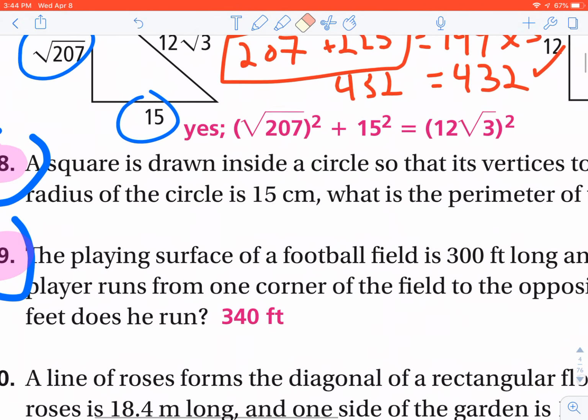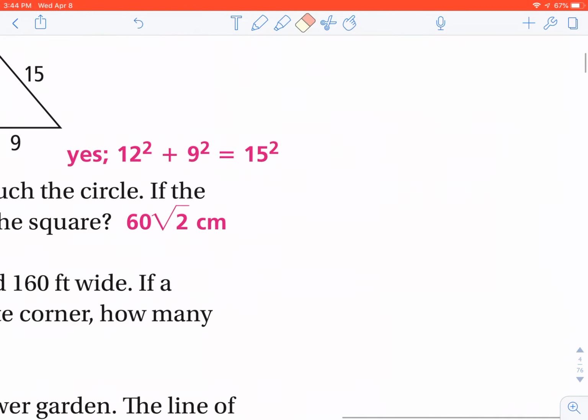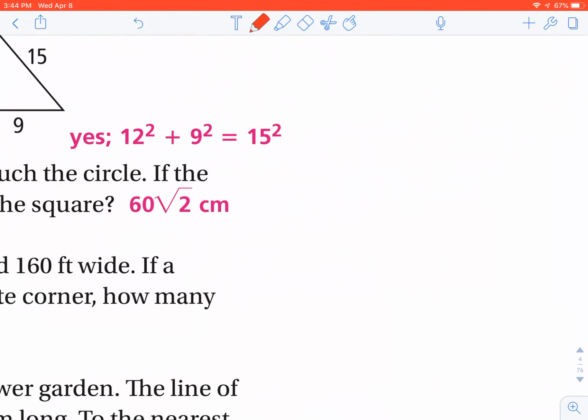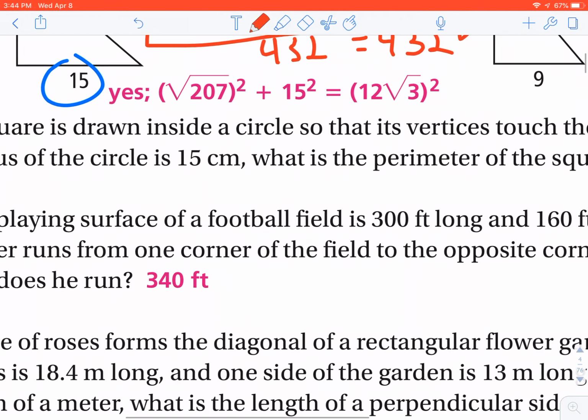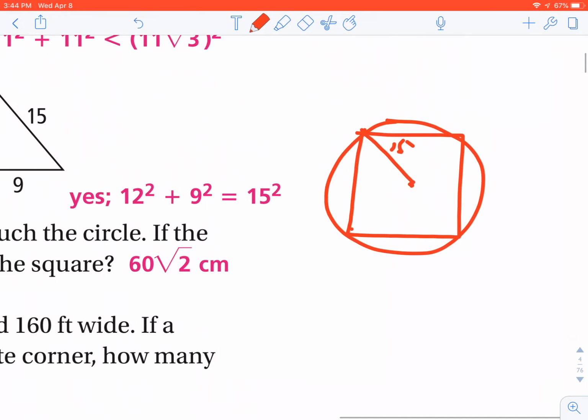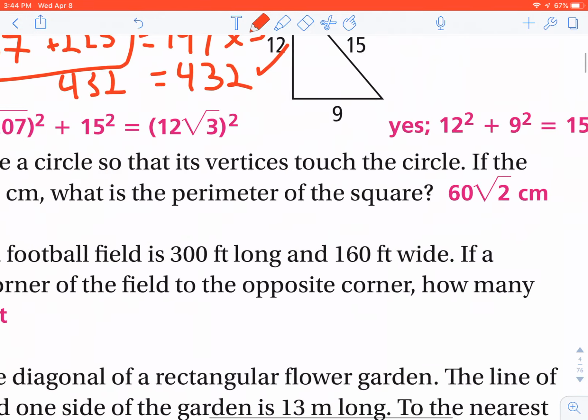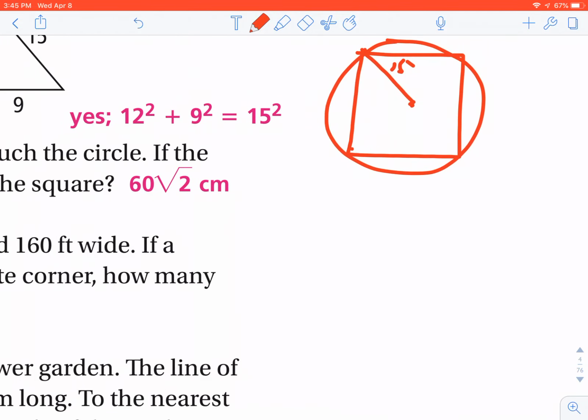And again, we're back to these circles and stuff inside of a square inside of a circle. So I'm going to draw the picture. It tells me that a square is inside of a circle such that all the vertices of the square are on the circle. And then it says the radius is 15 feet, centimeters, just kidding, it's 15 centimeters. They're asking for, I should probably read the whole question, what is the perimeter of the square? Okay, well,